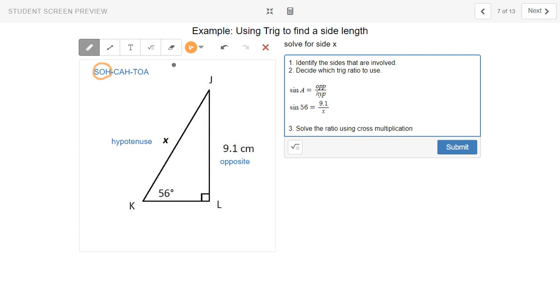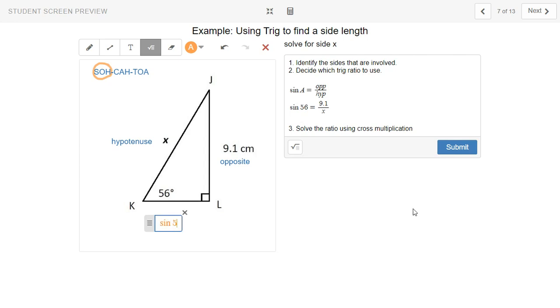So once again, as a reminder, sine 56, we can rewrite this as sine 56 over 1, and that's equal to 9.1 over x. Now, we need to cross multiply, so we're going to take